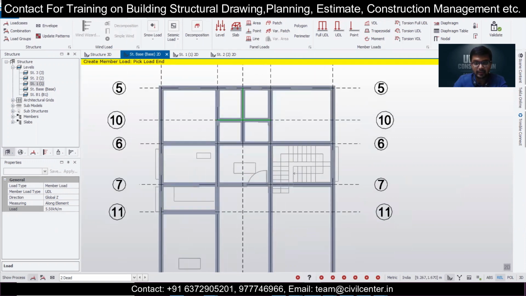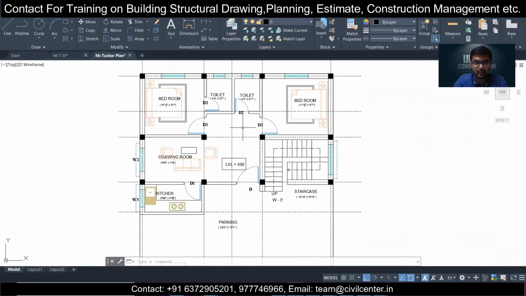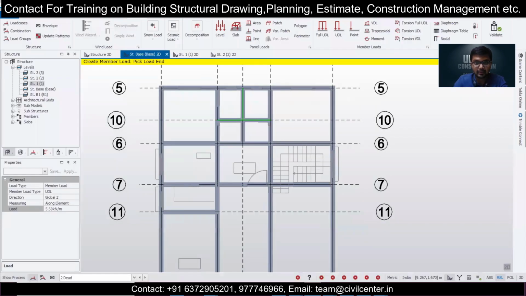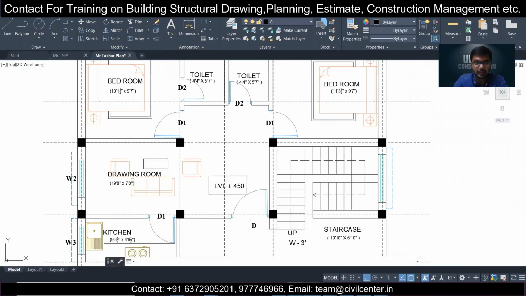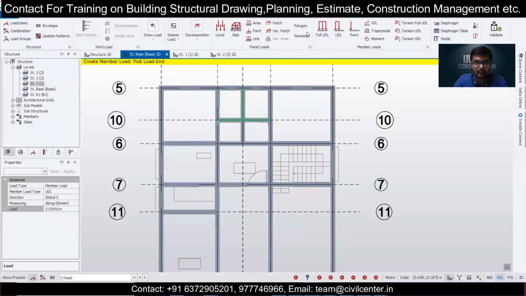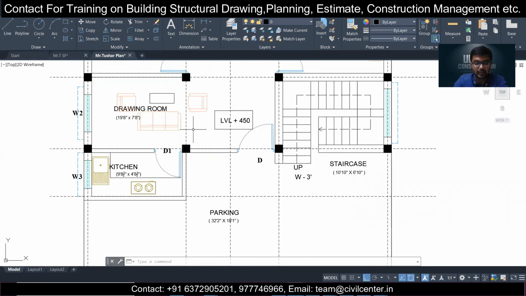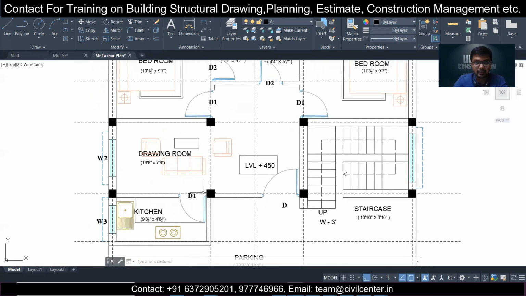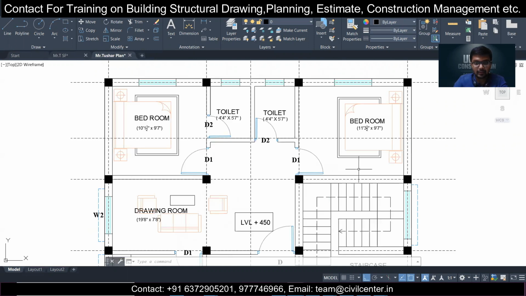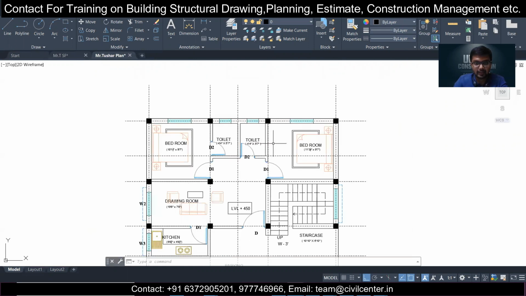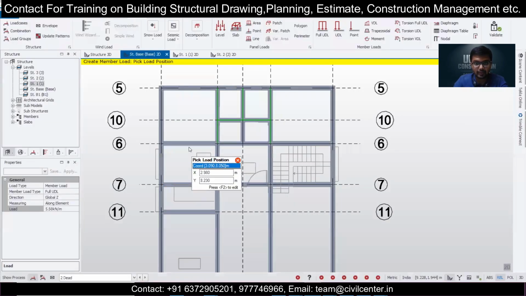Next let's see in what portion we need to apply that. We can apply it along this. We'll take full UDL, 5.5 selected, this one and this one, we need to do this. So this has been done here. Next we have the 5-inch walls along this one, this as well, apart from the staircase. This is the full 5-inch wall, up to this much. So we'll apply it in this portion as well.